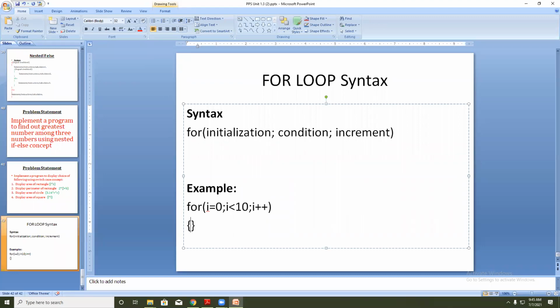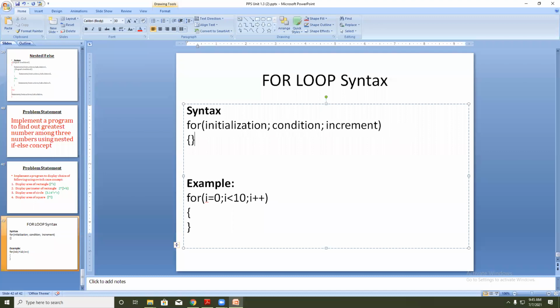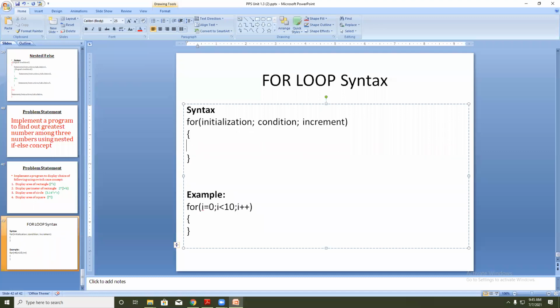Now the body of the for loop. In the syntax I will write here, let's say, statement 1, or you can say instruction 1, or calculation 1, or it may be n number of them.